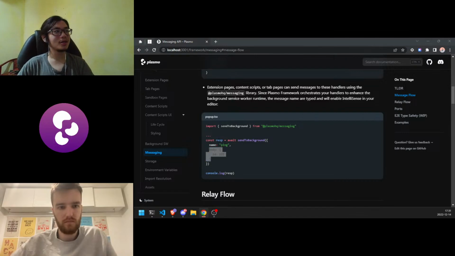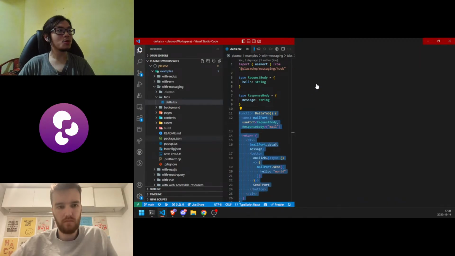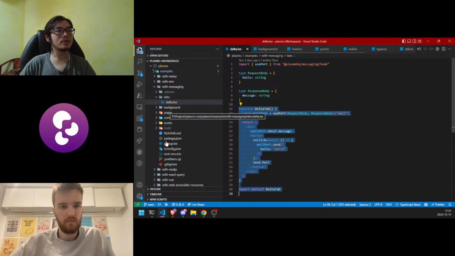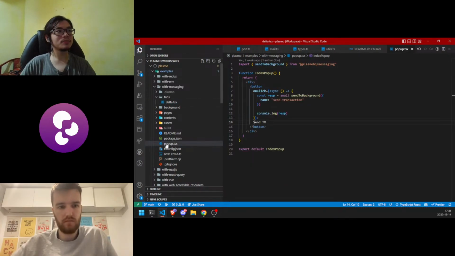Let's take a look at what it looks like. Over here, I actually have the example open, and here I have the popup.